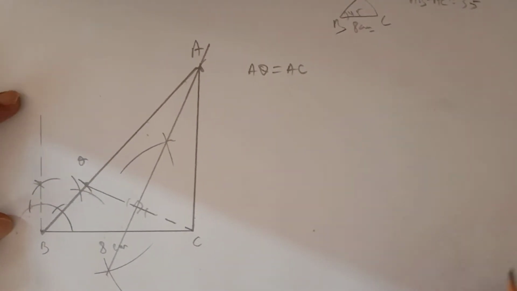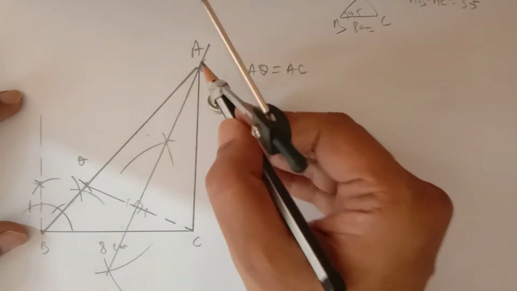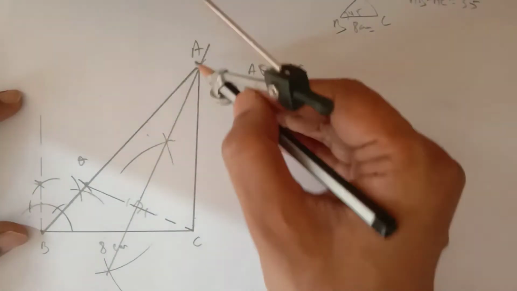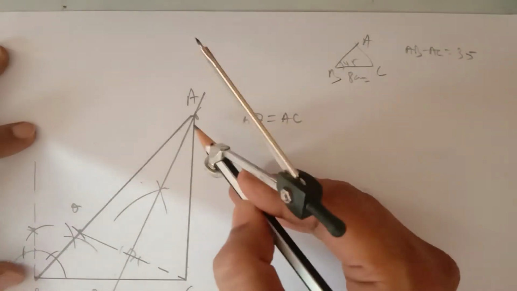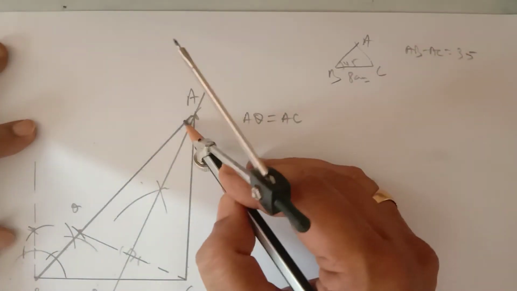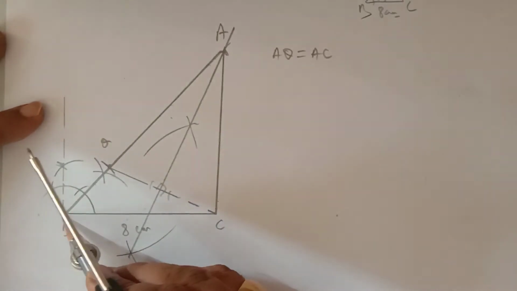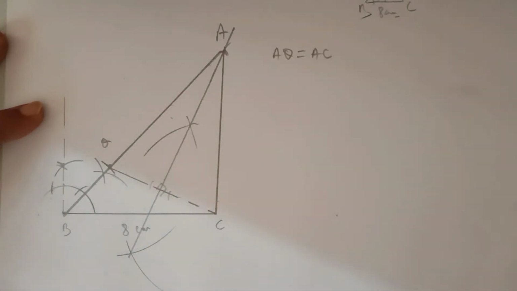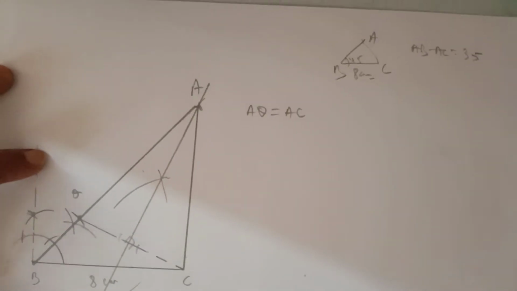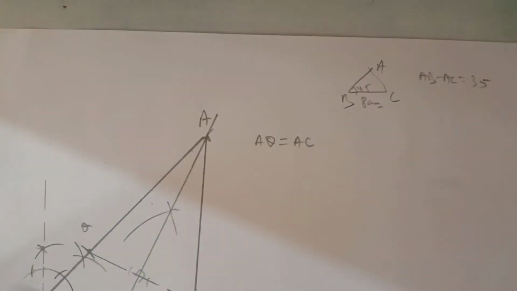is given. Now, when in triangle ABC, AB is greater than AC because AB minus AC is equal to 3.5, if this side is greater than this, then you have to draw the difference of the two sides by producing back this side AB. This is the next question of this exercise. I'll explain to you what is given in this.